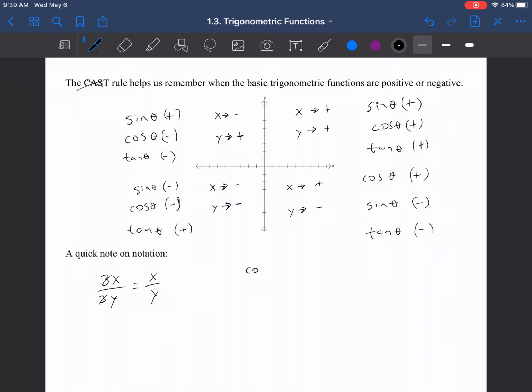Well, if I look over here, if I have something like cosine of x over cosine of y, this is not going to end up equaling x over y. I cannot just cancel out the cosines, because this is not cosine times x. It's cosine of x, all right? You're taking the cosine of x. You're not taking cosine times x and cosine times y. So